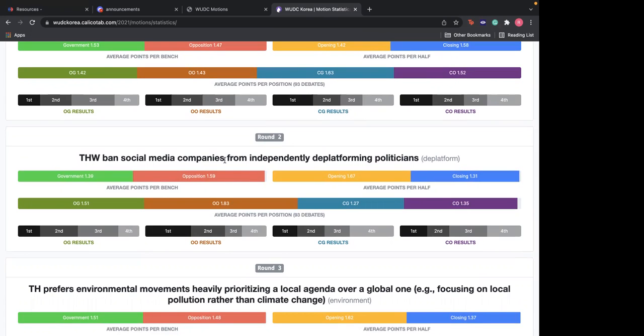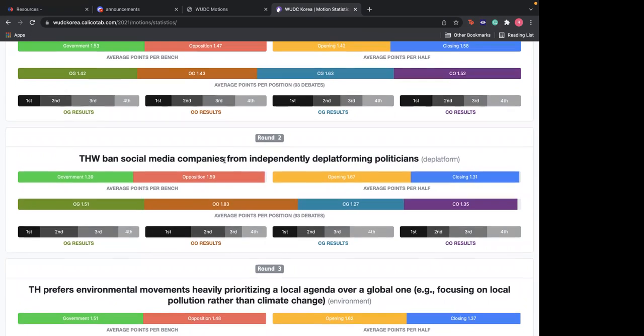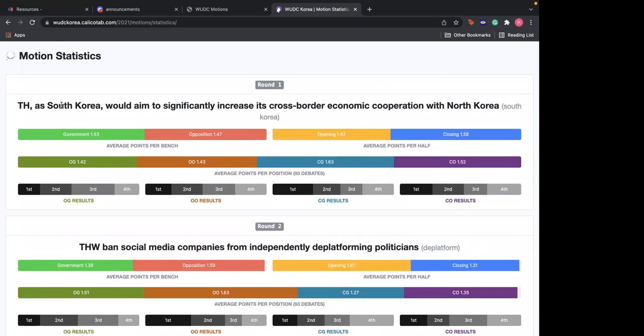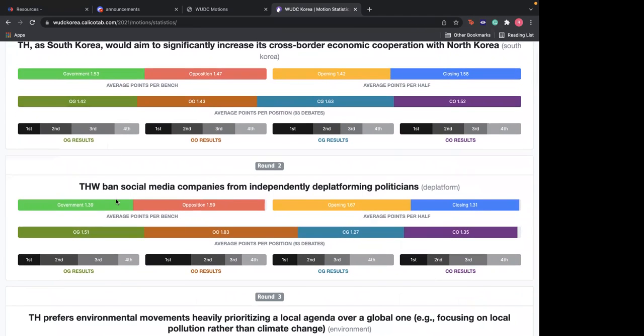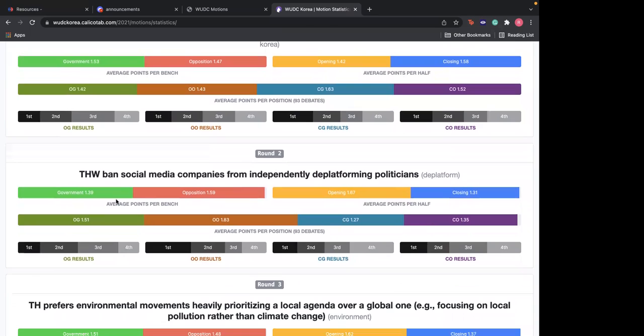Here, you're not limited to a particular actor, which means, for example, in the first motion, this house as South Korea, you always had to look for the benefits of South Korea. You don't have to do that anymore. You can argue for any actor in the world, and you can prove why it's particularly important to this particular individual later on. That's called weighing, as to why which individual is important and why we should care for them. But my point is, right now, all you need to focus on is you can go ahead and argue for any stakeholder in the world and argue why it's good or bad for them.